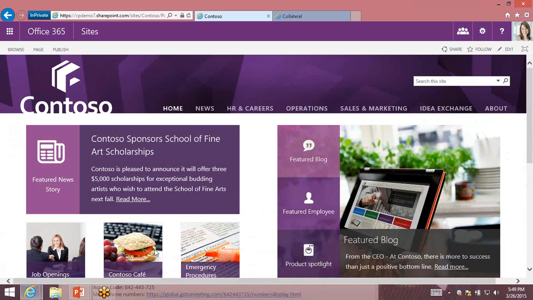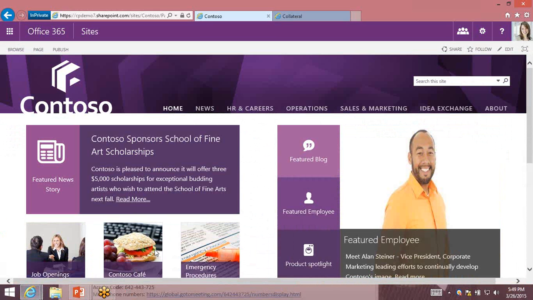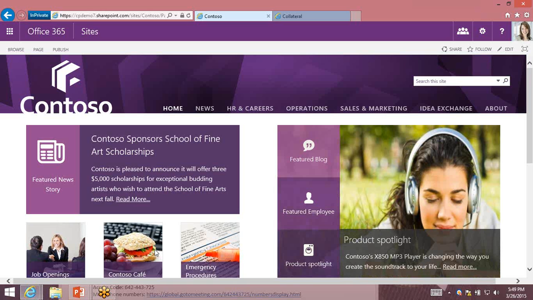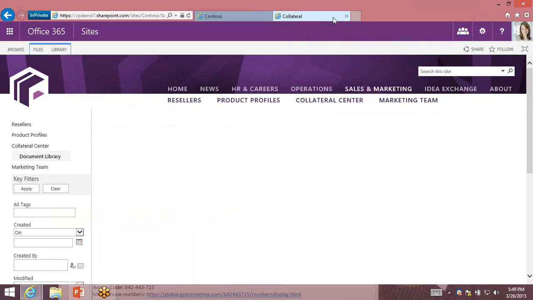So again, the details are in the back of the deck for the Making Money section that we'll go through next, and you'll be able to get this. As long as you're a Microsoft partner, that's all you need. You don't have to be a cloud partner or anything like that. You just have to be a registered partner with Microsoft and have an MPN ID in order to get this kind of stuff. Now, I promised that I would walk you through the demo, so let me go here,